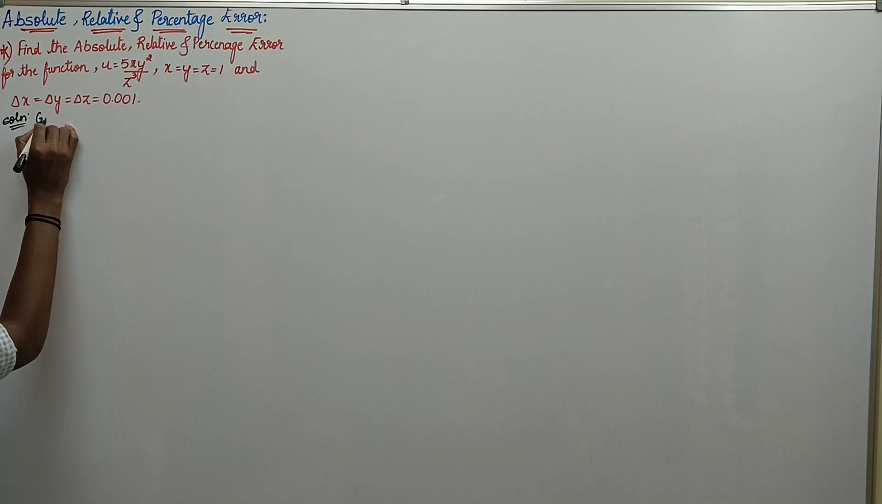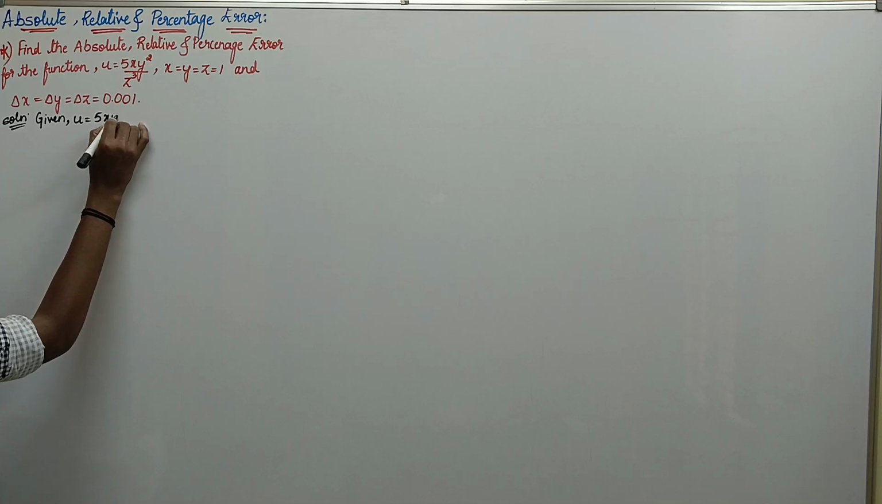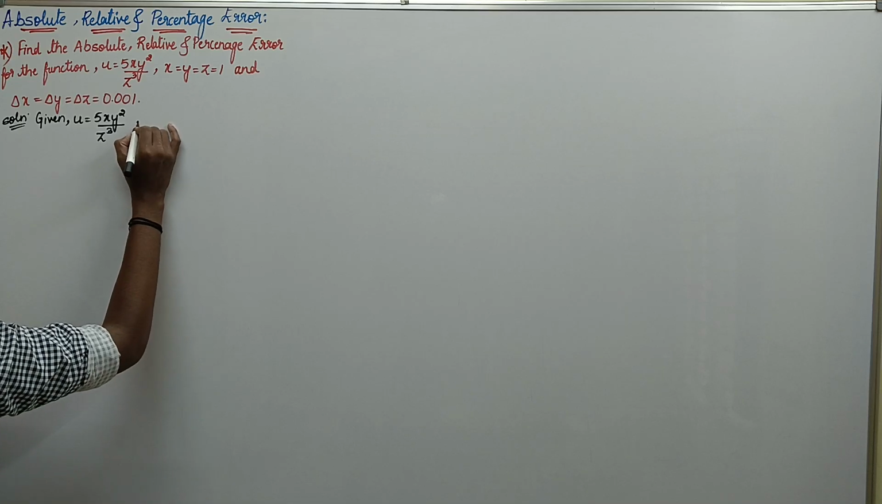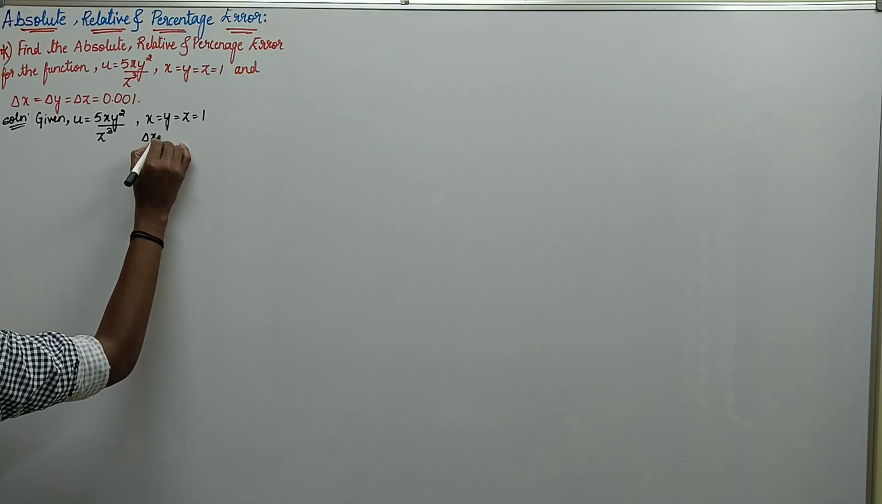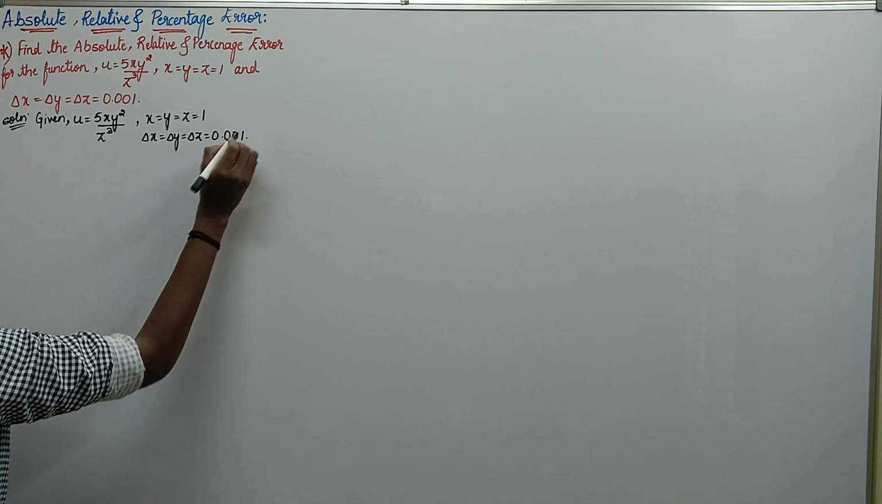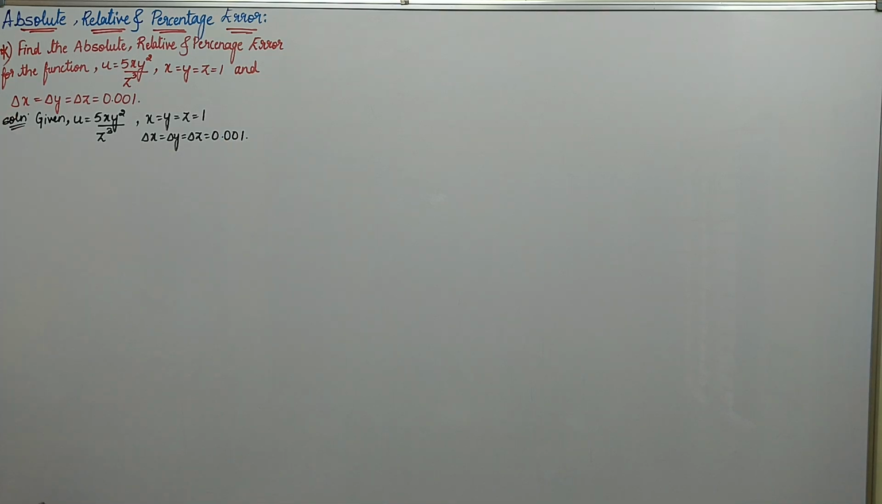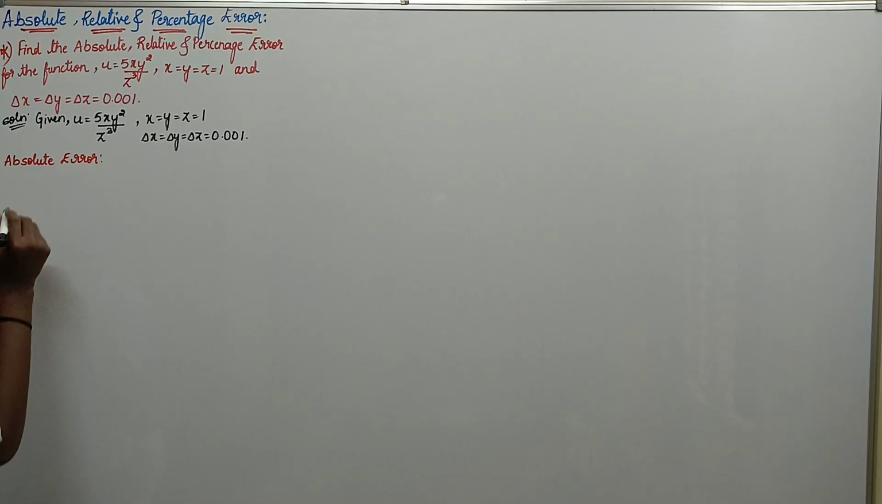Represent the given, that is u which is equal to 5x y square by z cube, then comma x equal to y equal to z equal to 1 and del x, del y, del z which is equal to 0.001. We are supposed to find the absolute error. To find the absolute error, we have, that is absolute error is given by